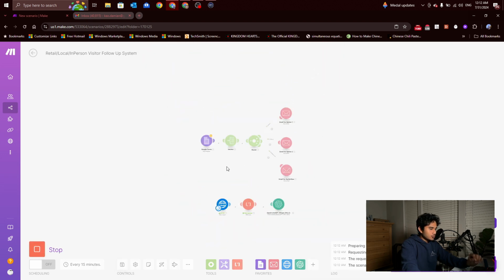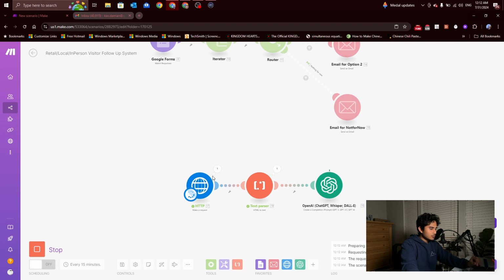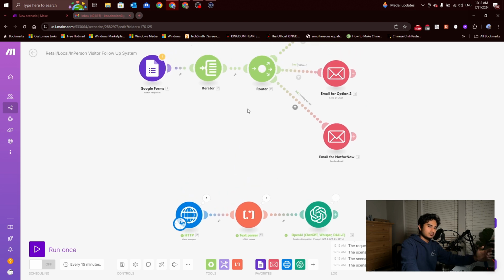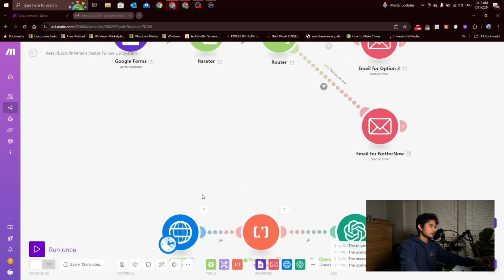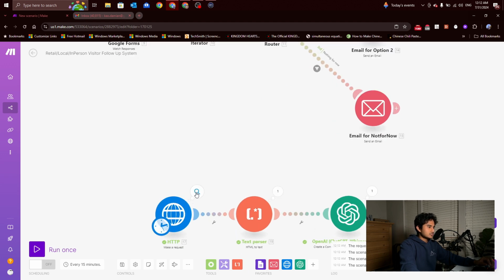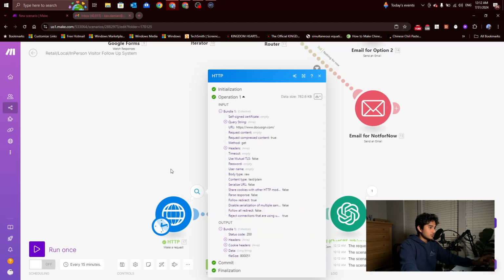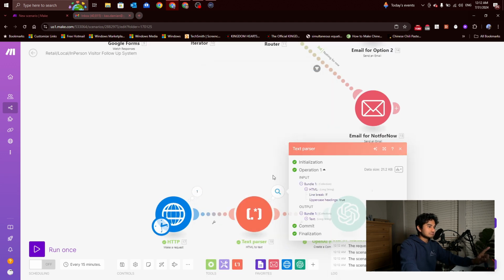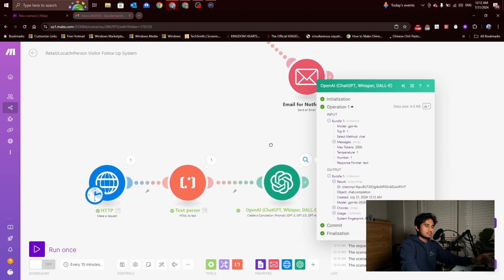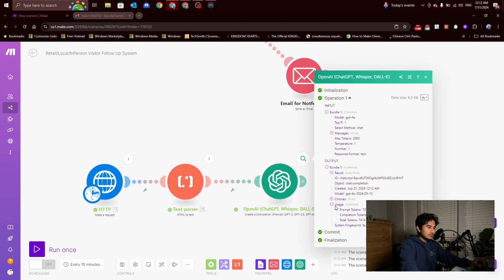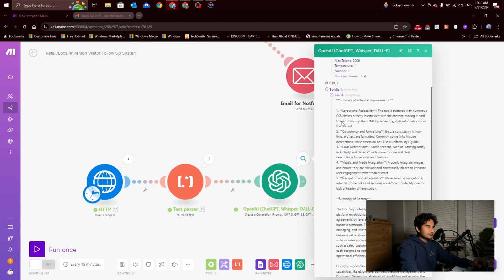So quick run, what you could do from here is if they provide you the website, then you can have that connected as a part of the service. So a demo, quick inspection of their website, if you may. So you can have this HTTP request look at their website, pass the text, and send that into ChatGPT and have them